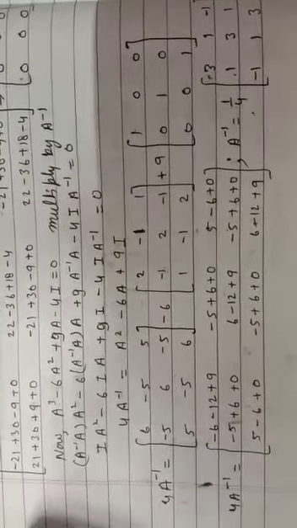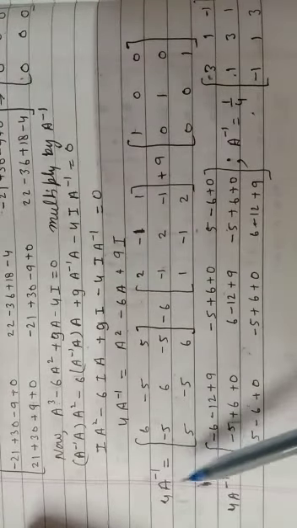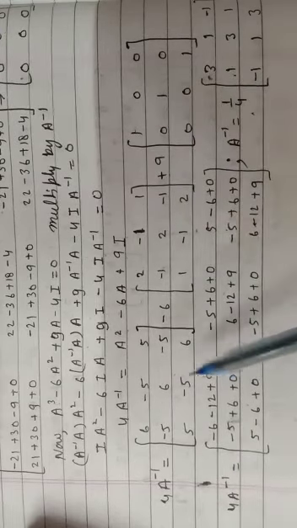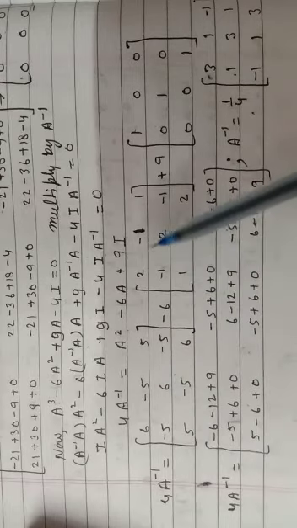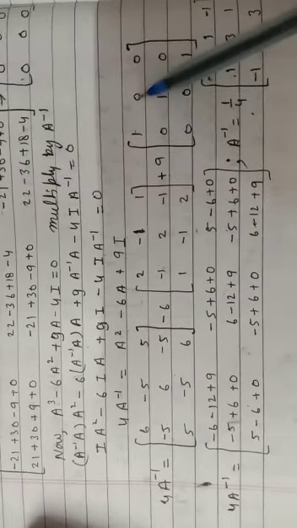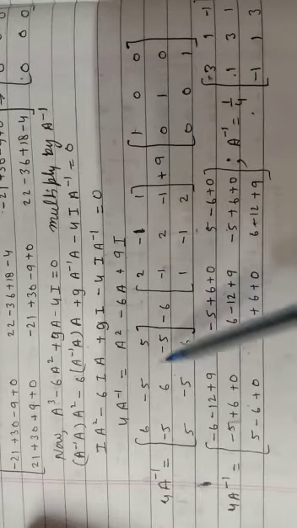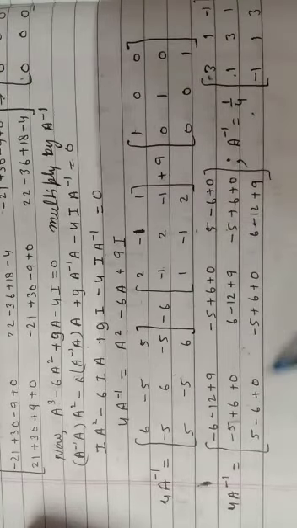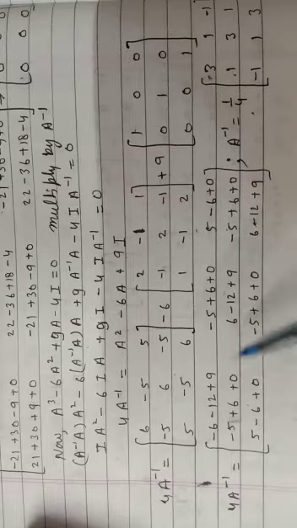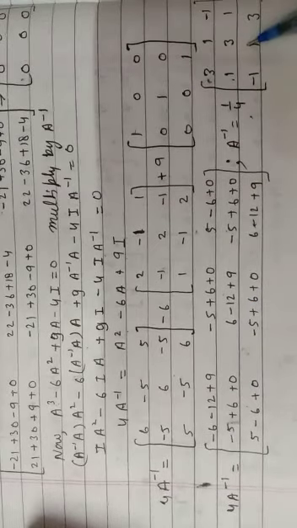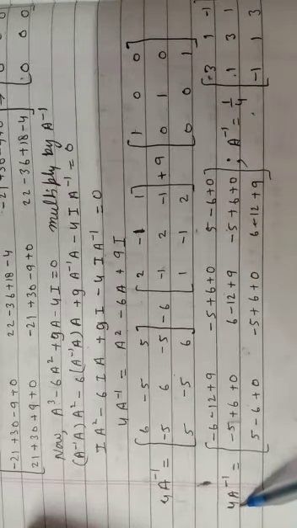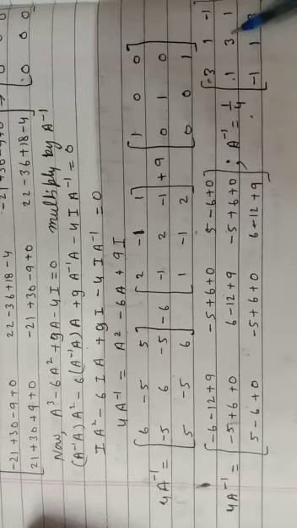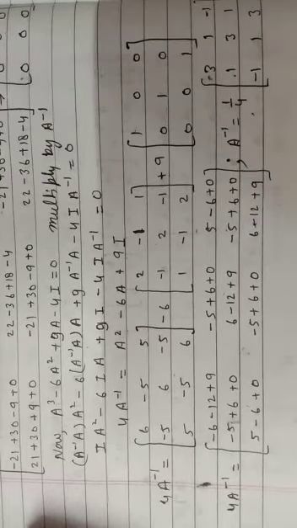Now it is visible, so 4A inverse, that is 6, 6 twos are 12, minus 12 and 9 becomes 9, again minus 5 written here, plus 6 and 9, zeros are 0 written here, again 5 minus 6 and this one is 0. Clear? When you do this, everything will come out; it is simply a mathematical operation, plus and minus. We have got the 3 by 3 matrix. And the 4 that was written with A inverse, so A inverse will be, the 4 will come over as 1/4 of that matrix. Clear?